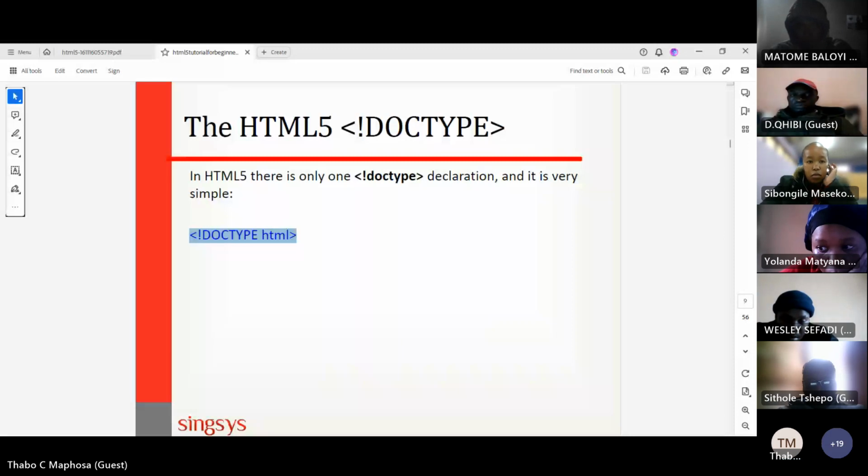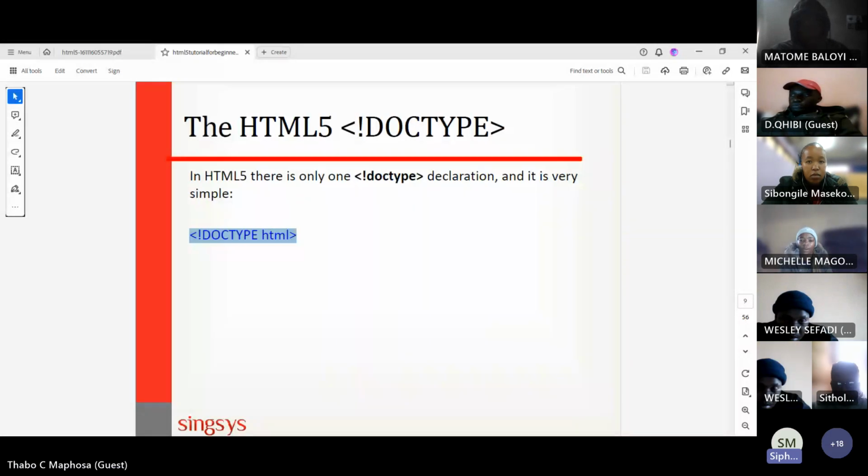Yes, sir. Good afternoon, sir. It defines the document type. Okay, what do you mean it defines the document type? Since HTML5 is the current standard, we just have to specify doctype HTML.